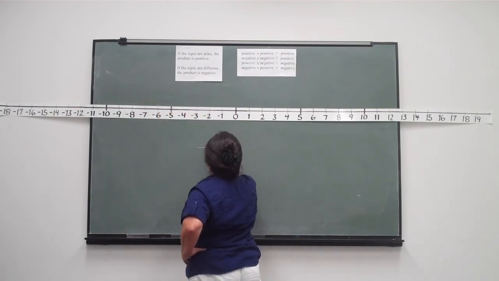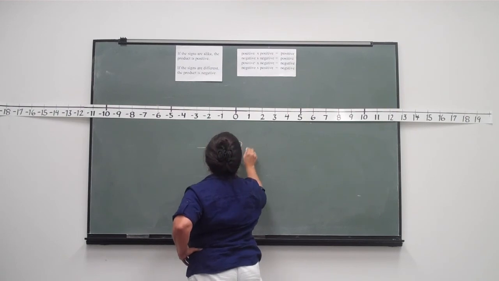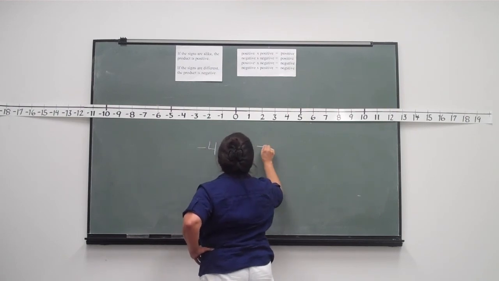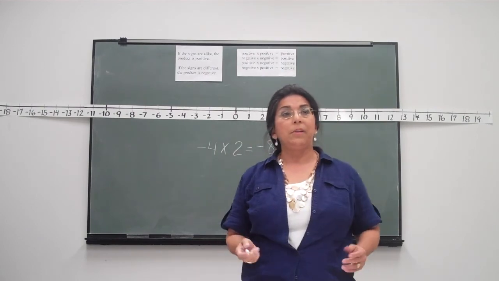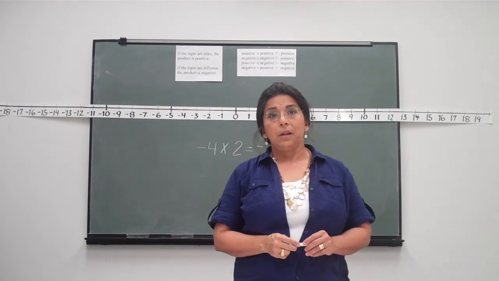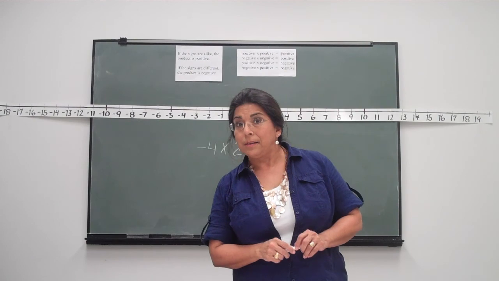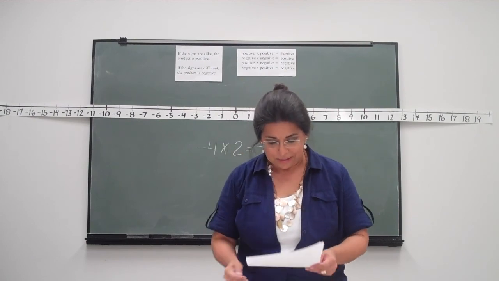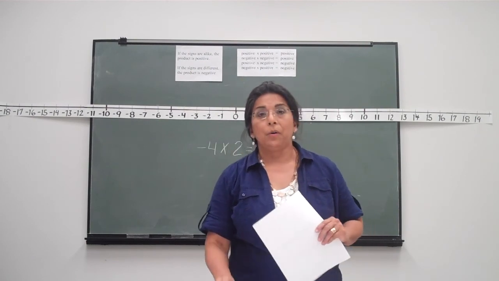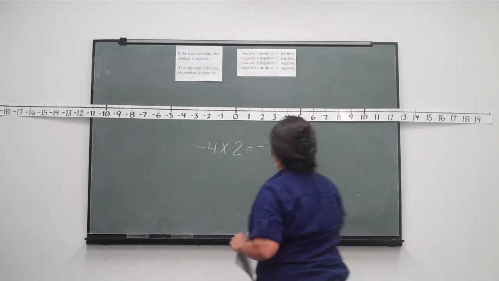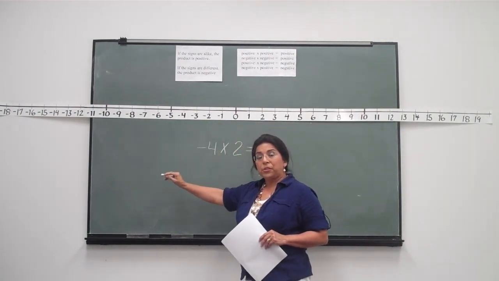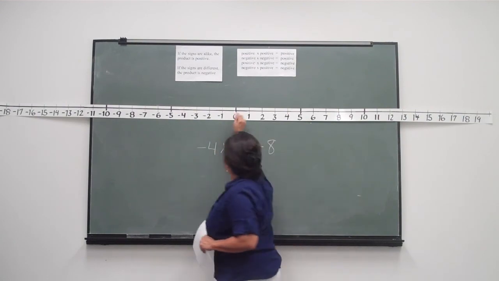Let's do -4 times 2 on your number line, and it equals -8. Does anyone have any questions? Are you doing all right over there, Tommy? Very good. Okay. So, what does this look like? -4 times 2. We're going to go what direction? The negative direction. That's correct. So we're going to